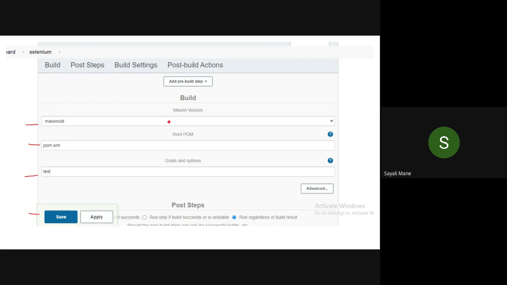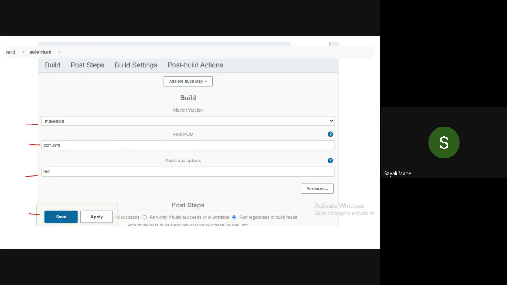This Maven version will come automatically because we have installed it through the global tool configuration. Pom.xml is the root of POM. Since we have chosen the Maven project, that's why this option is here. And goals and options. So our goal is to test the POM file.